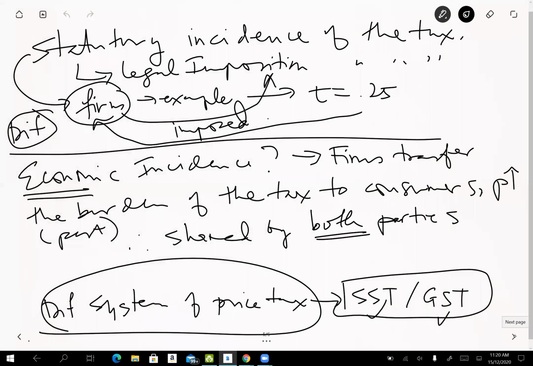Next week, I'm going to continue with the analysis of the economic incidence of the tax. We're going to look at the excess burden, and then look at the incidence in more detail when you factor in the elasticities of demand and supply. So that's it for today. So study, okay? You have 2 more days to study. I hope everybody puts in the work. And I will see you again.